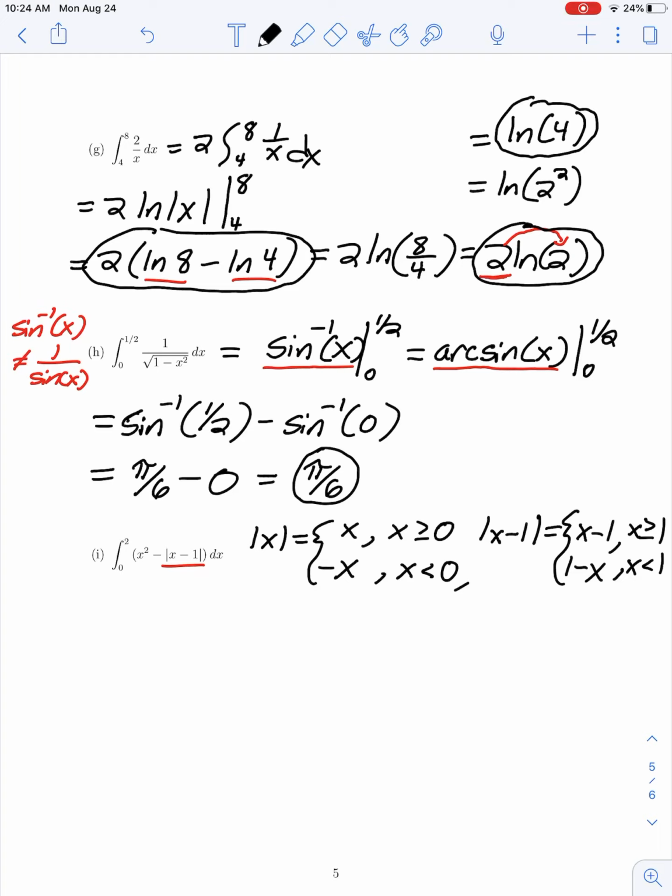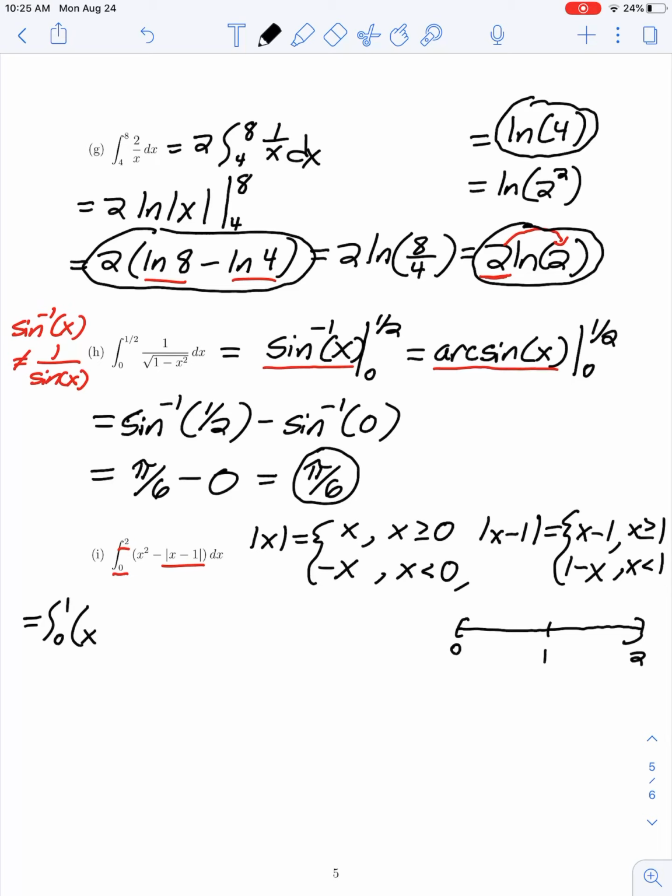So we see that this absolute value function changes its definition at the value 1, which is right in the middle of the interval that we're integrating over. We're going from 0 to 2. So on our interval here, from 0 to 2, our function changes its definition at 1. So we're going to need to split this integral into two pieces. First, we're going to integrate from 0 to 1,